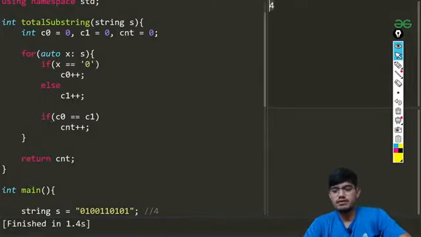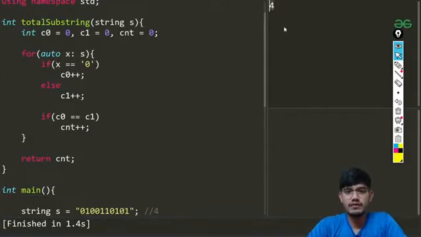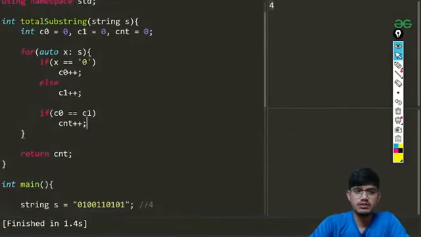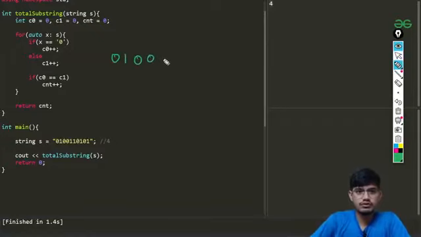So you can see we have this 4 here. Okay, so this was what we are expecting. Now how this thing is working, let me just reduce the size so that I get the space to write. Let me take a smaller one. So you can see we have 0 1 0 0 1 1 0 1 0 1.